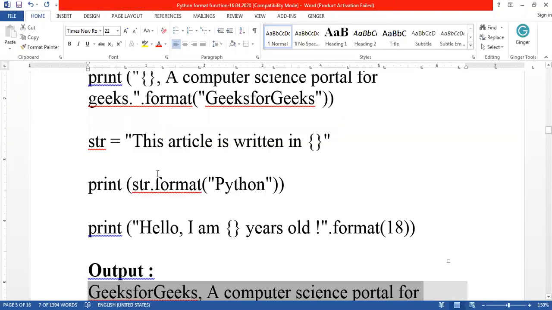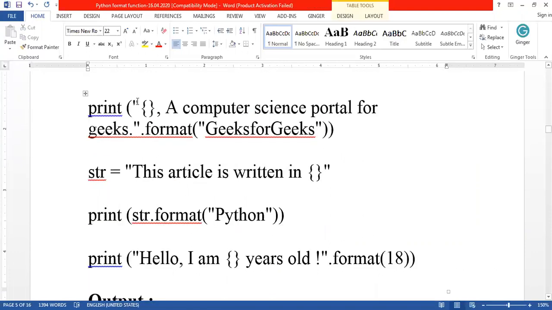Let's see another example. Here I am using a string within double quotes, and the dot format function is called. The other way is you can store the string in some variable, then using this variable, you can call the format function. So here I am creating a string in the str variable, and using that str variable, I am calling the function dot format.